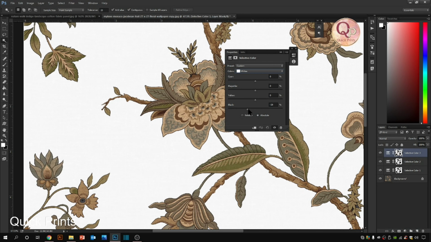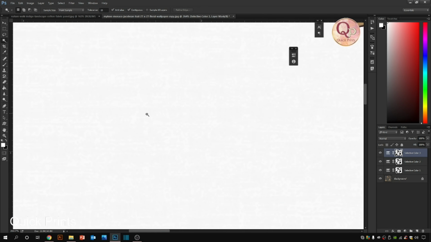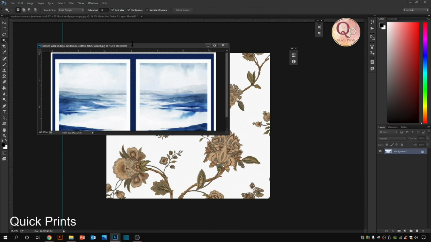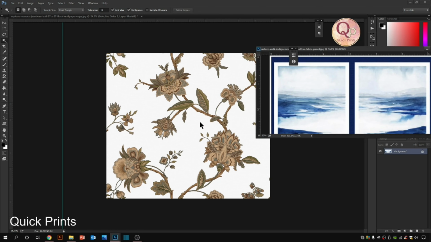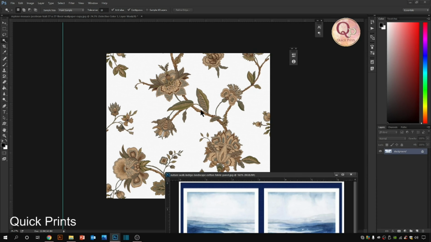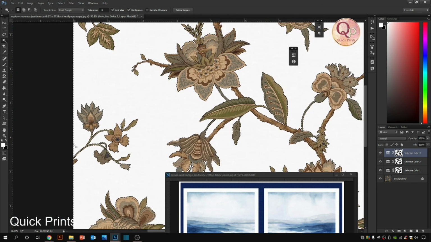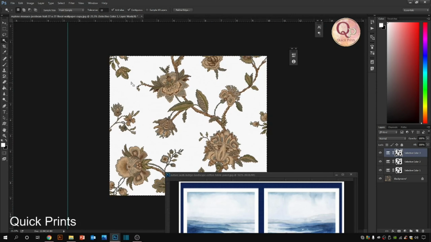But we need to maintain the texture, right? As you can see there is slight texture, and we have done the background. So let's match with the reference image, right? The white has totally matched. Now what we need to do is Ctrl and click here. Now you can see the outline is also selected, the background also selected, the total artwork is selected.